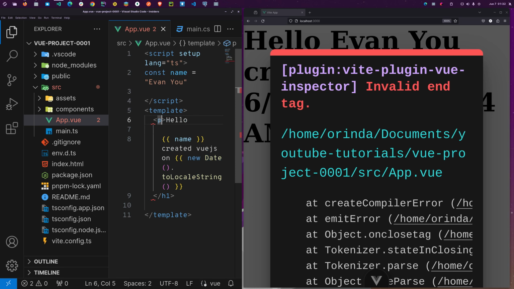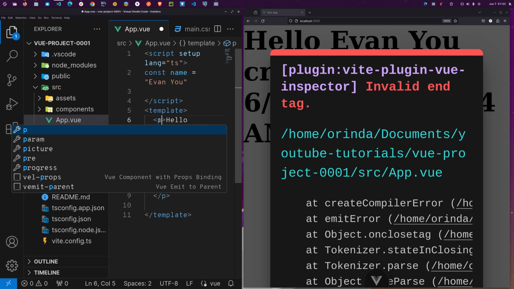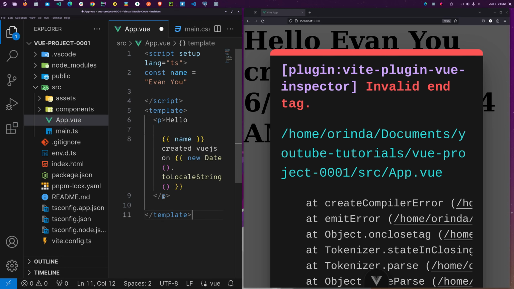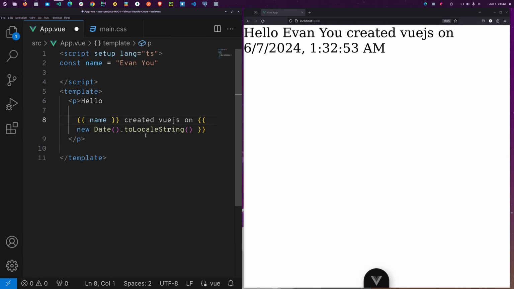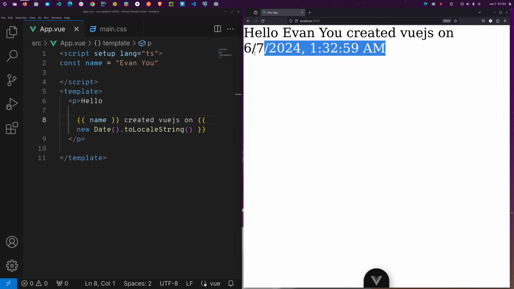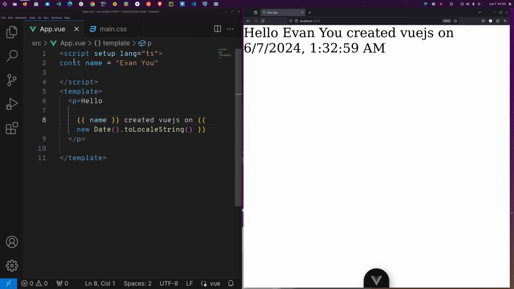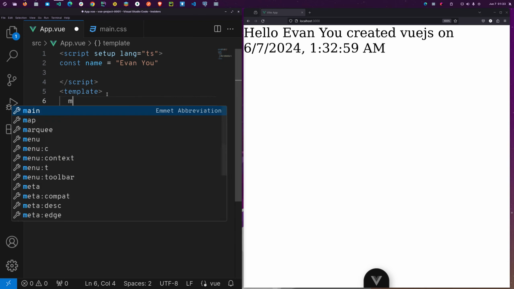Then now if I change this to, just undo, if I change this to P, it should be able to change for this other one also. So if I just maybe try, you can see we have hello, we have a new created Vue.js on, although this is now the current date on this end. So you can just wrap this with the main,